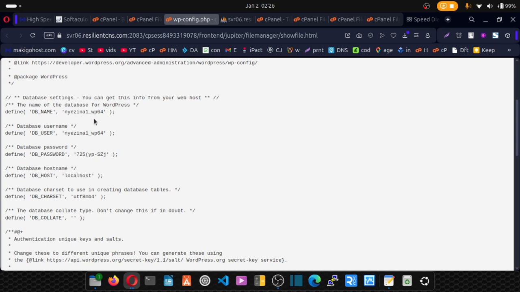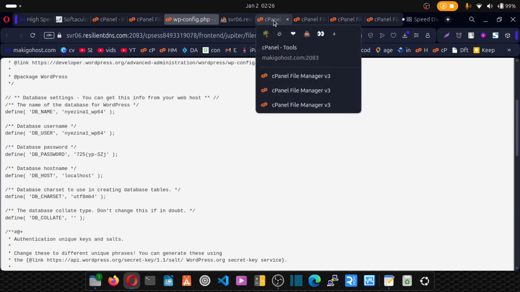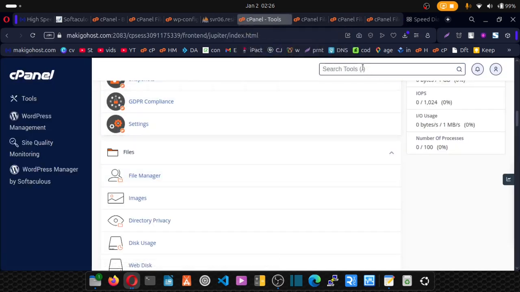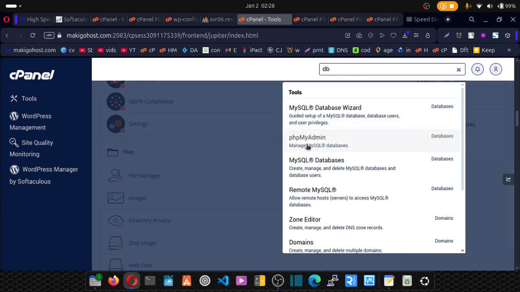After that we'll now import the database that we exported from our old cPanel. The way we do that is we go to search and type db or database. Click on MySQL databases,